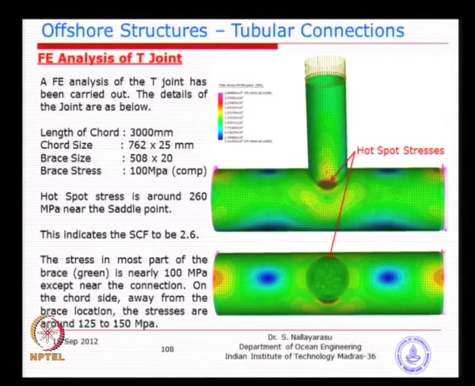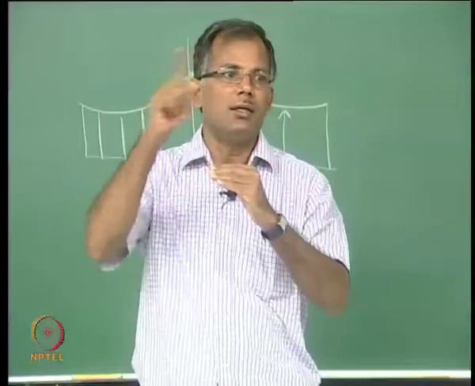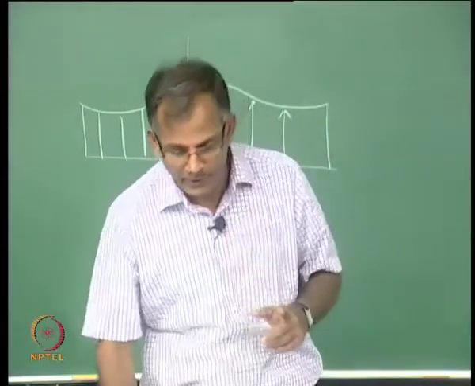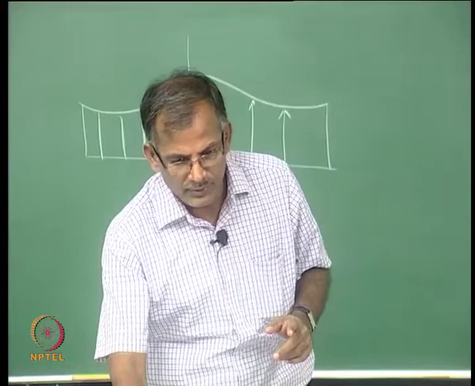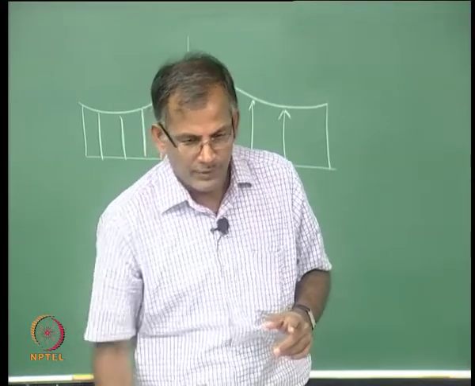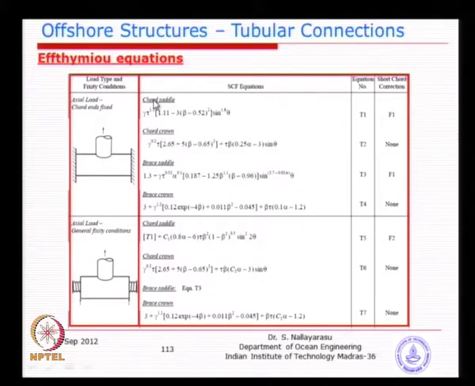We should not take the stress there, because we have not simulated the weld effect, and that is what we want to say here. Basically, the stress concentration factor for the chord is taken at the weld toe of the chord side, and for the brace it is taken at the weld toe at the brace side. So, in between stresses we should not take. That is why you see a difference.